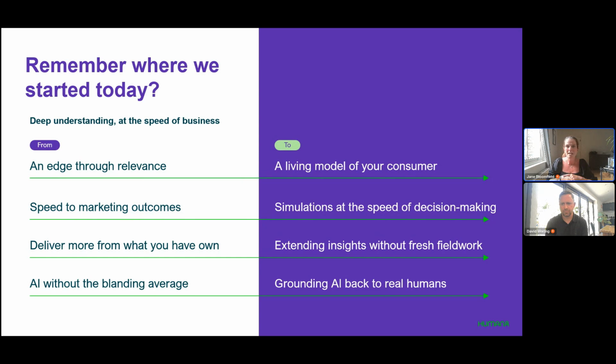We know that speed is incredibly important. You watched, as I said, how we can check assumptions in the time that a meeting takes. And as I said, it was coffee today, but hopefully you could see how that might work in your specific industry or sector, and an application there for your teams. I know for a fact that almost all of you will be constantly being asked to do more with what you already have. The value of twins is that you can do this, right? Without any fresh research or field work.